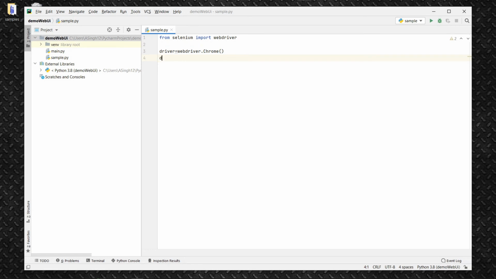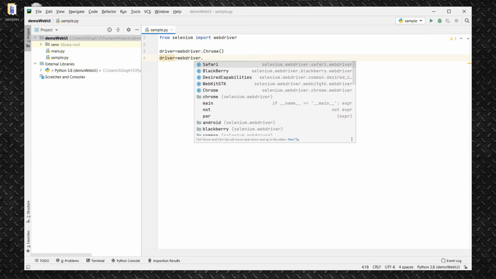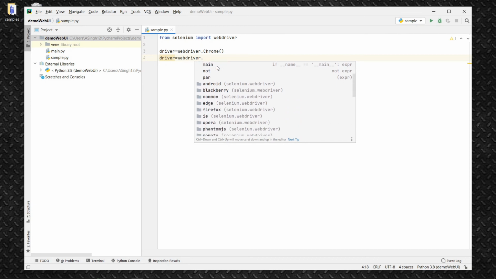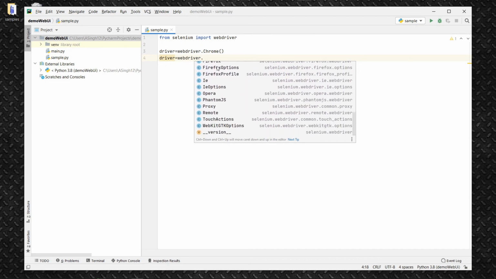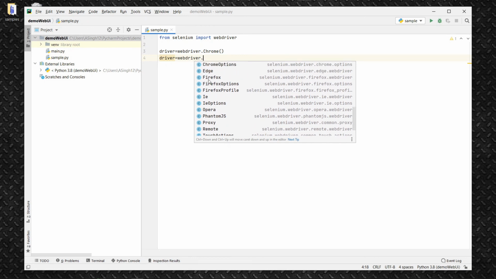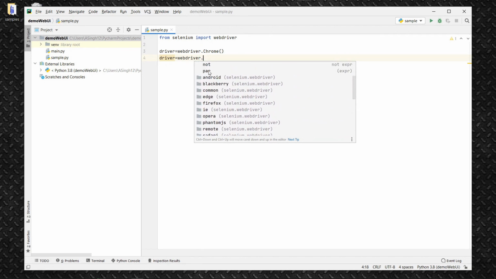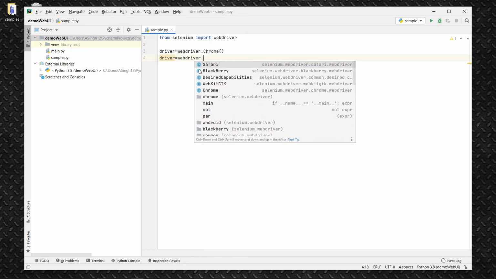So apart from this, you can also do that for Firefox with webdriver dot. So these are all the list of options available here. So you can use Firefox, you can use Edge, you can use Opera, you can use Safari, BlackBerry.